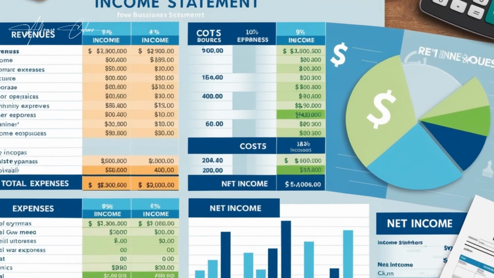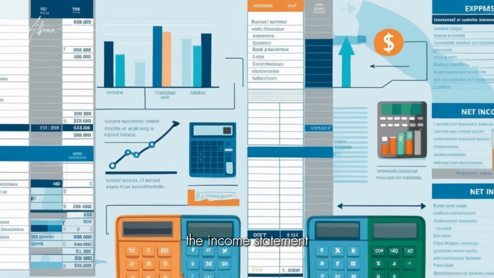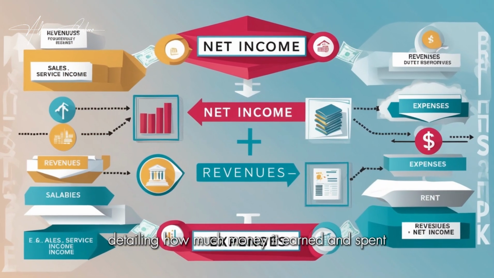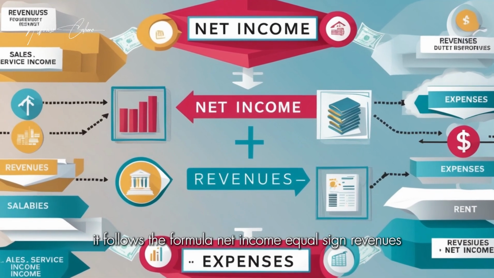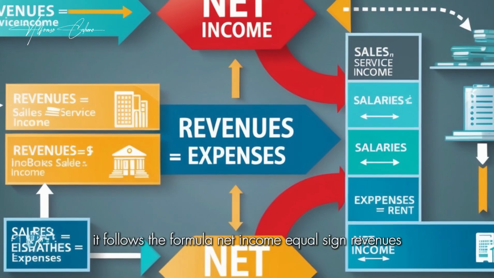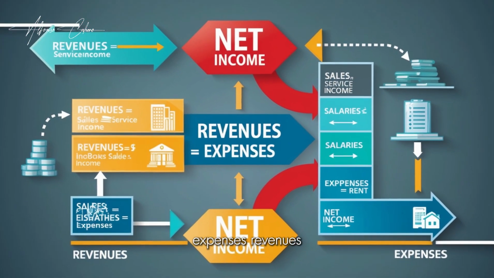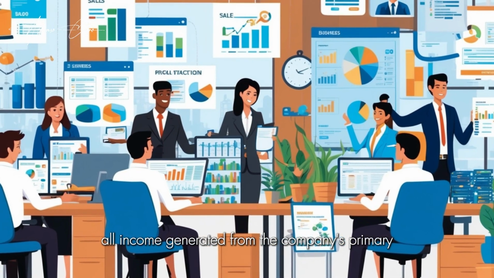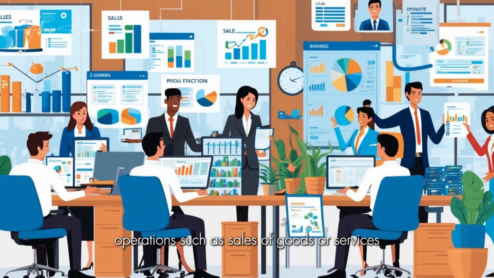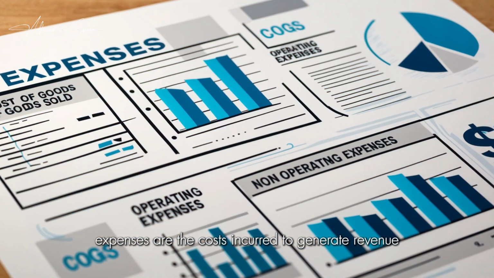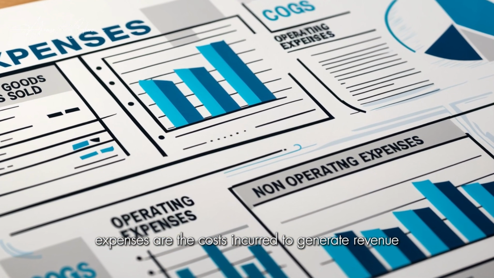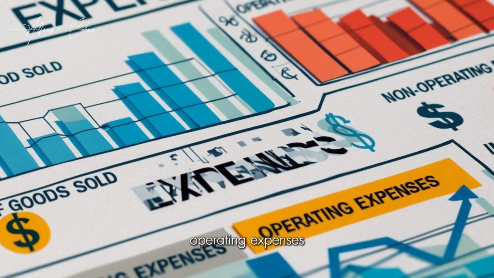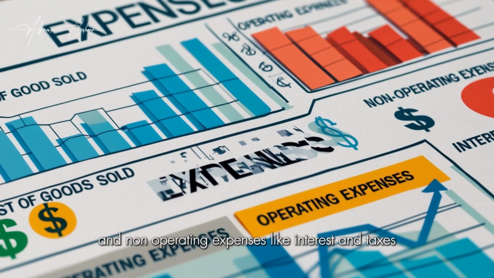Income statement. The income statement shows a company's performance over a period of time, detailing how much money it earned and spent. It follows the formula: net income equals revenues minus expenses. Revenues include all income generated from the company's primary operations, such as sales of goods or services. Expenses are the costs incurred to generate revenue, including cost of goods sold, COGS, operating expenses, and non-operating expenses like